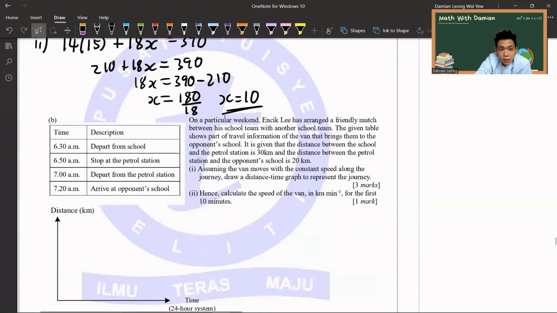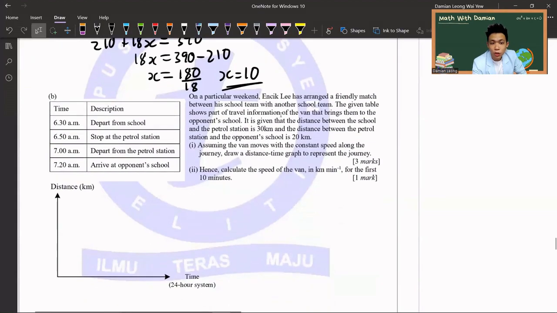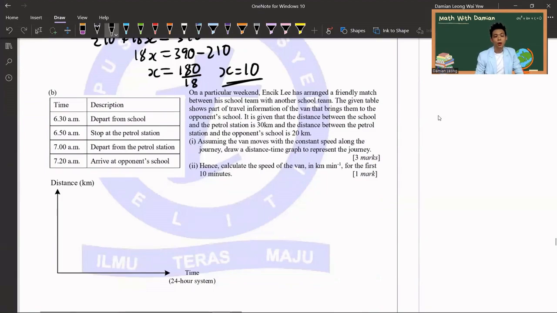Then the B, on a particular weekend, Lee has arranged a friendly match between his school team and another school team. So I have the table here showing part of the travel information of the van that brings them to the opponent's school. It is given that the distance between the school and the petrol station is 30 km. Distance between the petrol station and the opponent's school is 20 km. So assuming the van moves with constant speed along the journey, draw a distance against time graph to represent this journey. So we start